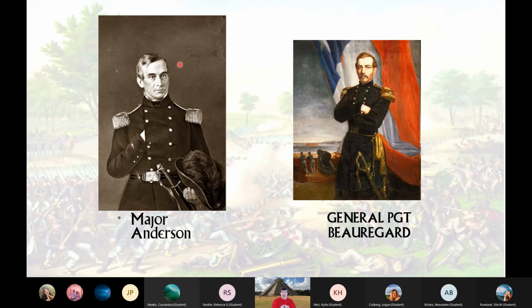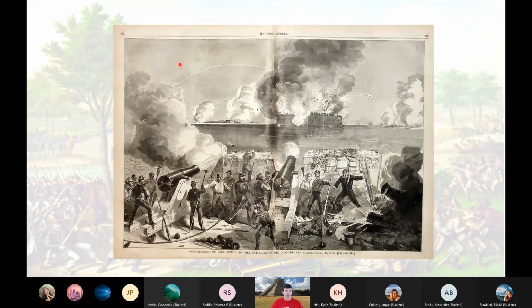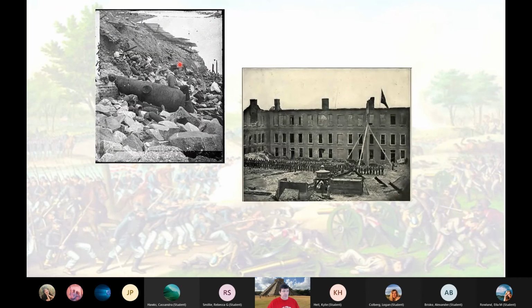After all day of shelling, Anderson fired a couple shells back to show he's still there. And then he had no choice but to surrender Sumter. Here is Sumter. This is from Harper's Weekly showing the Confederate guns. When I went to Charleston the first time, I just assumed Fort Sumter was right there. Actually, it's just a tiny speck from Charleston. The perspective is something else. But they surrendered and Fort Sumter fell.